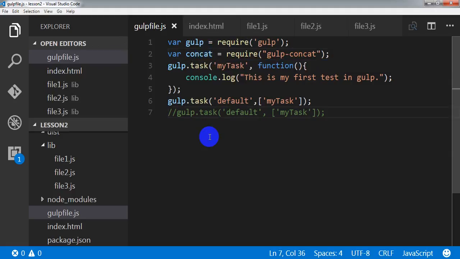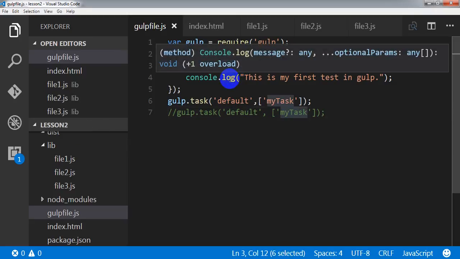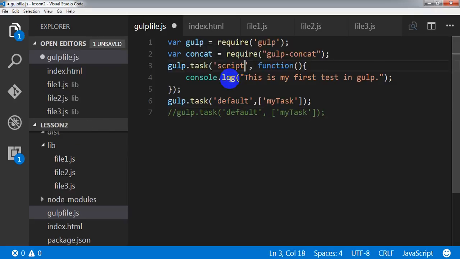Well, now I'm going to create a task. This is the basic thing that we did in our last tutorial. Our purpose is to concatenate JavaScript files. So I can give the name here script, and here also script,